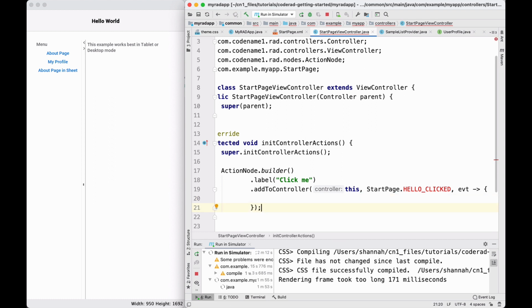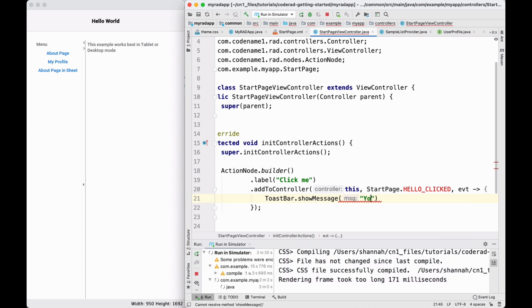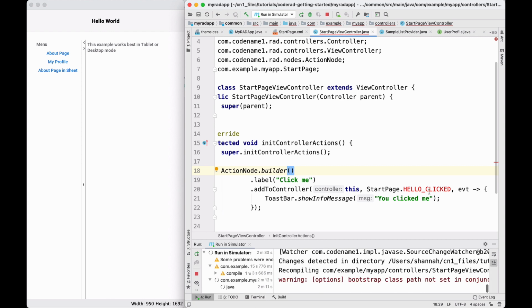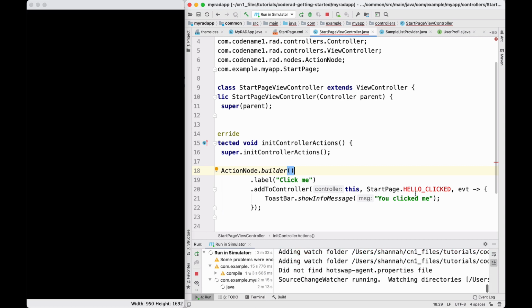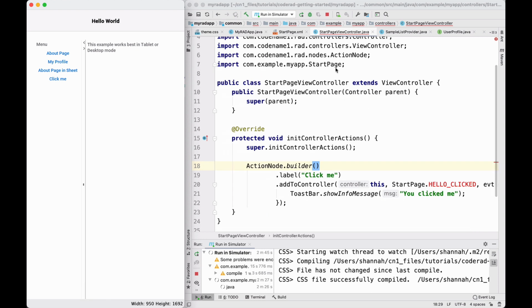And let's see what I want to happen here. I'll use the toast bar. Show message, show info message, so I don't need to provide that. Hello clicked. I would have thought that it picked this up, so I guess that's erroneous. And let's see, click me. There we go, you clicked me. It picked it up. So this is just an example of how we could create our own view controller, and